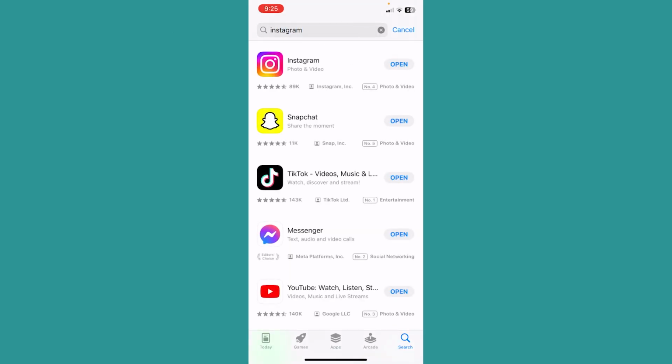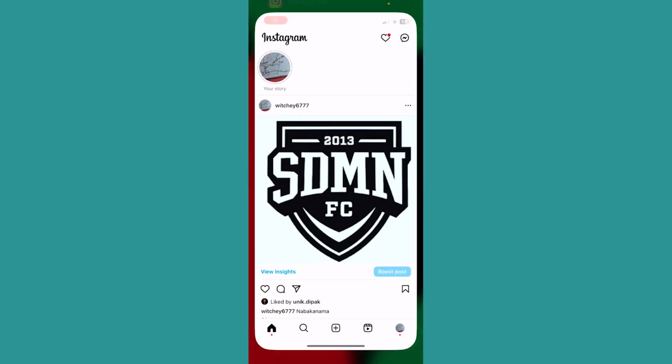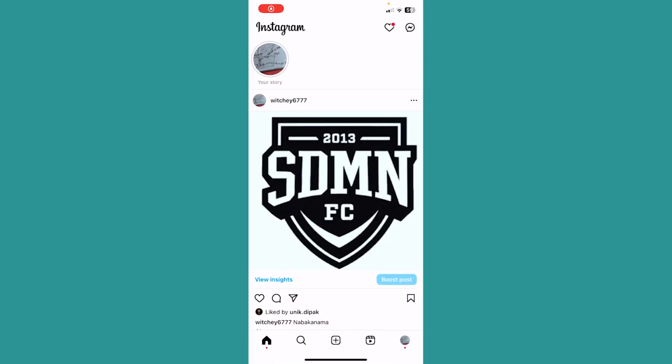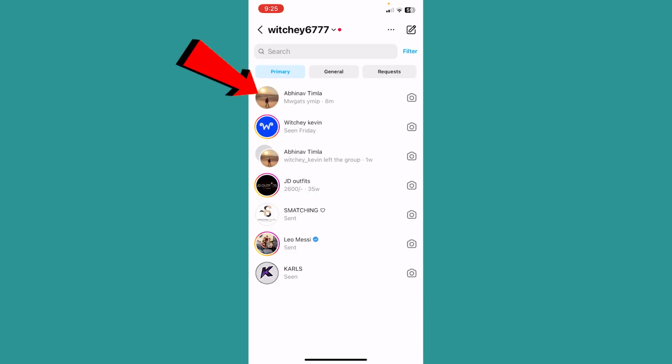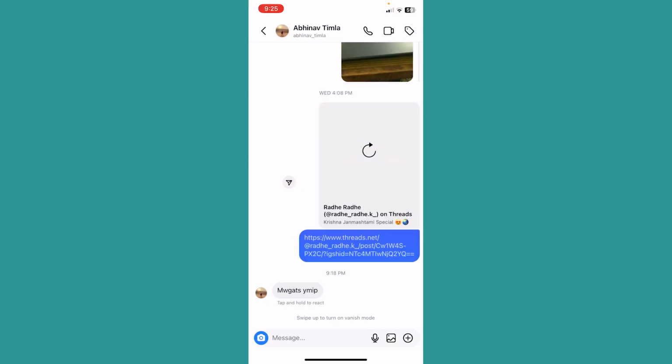Mine says open, that means my Instagram is up to date. That's why it's going to work. But in your case, if it says update instead of open, click on update and update your Instagram. Once your Instagram is updated, go to the Instagram message section at the top right corner. Once you're inside the message section, I'm going to go on my friend's chat to send a reaction to